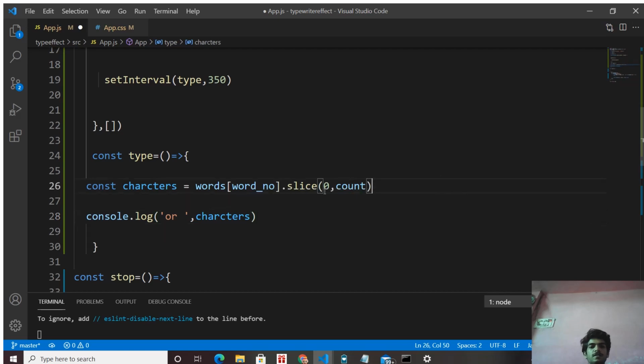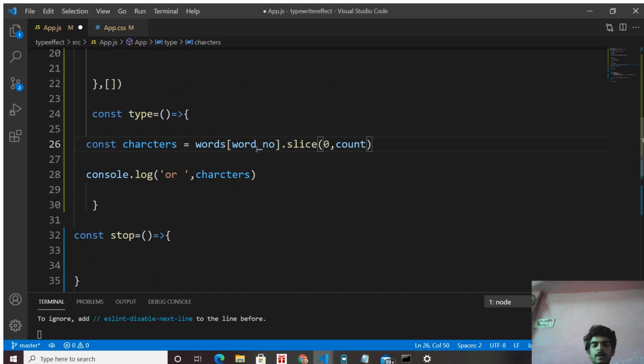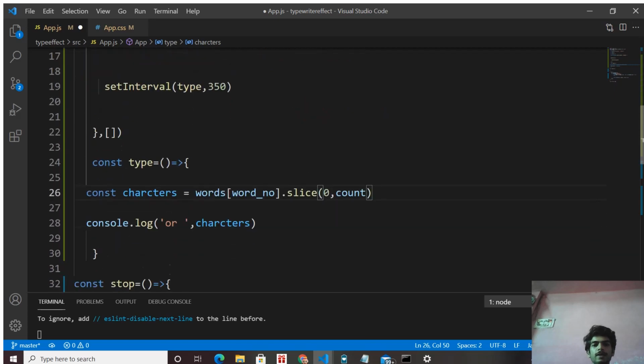See, what is this? Characters is going to be words. First of all, words is an array, and what is our word number? Word number is 0. Okay, so words array of word number 0 means our first word, that is web developer. Slice it.